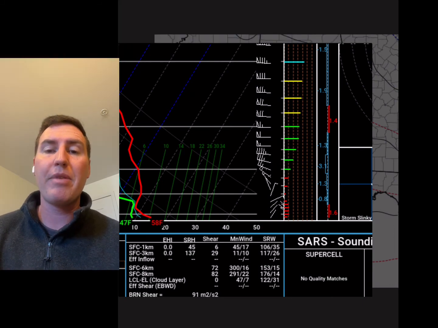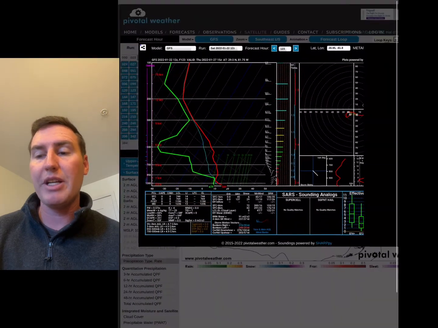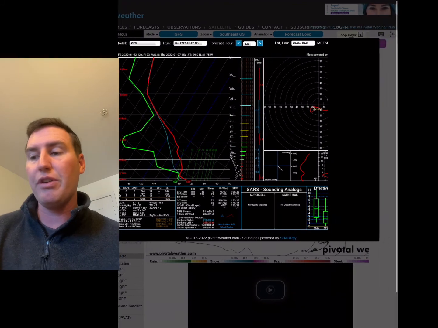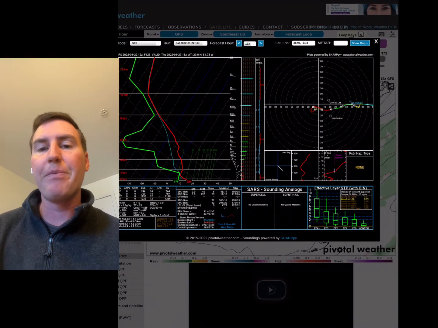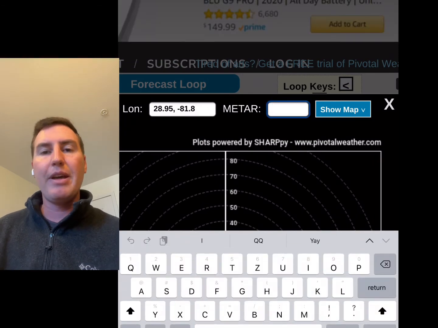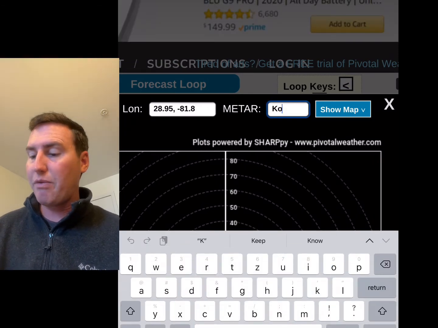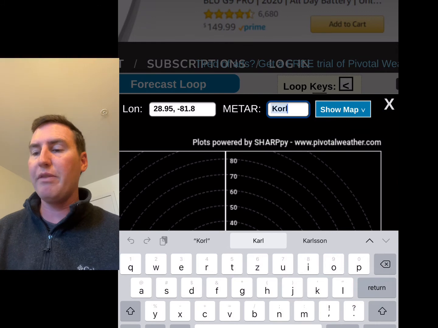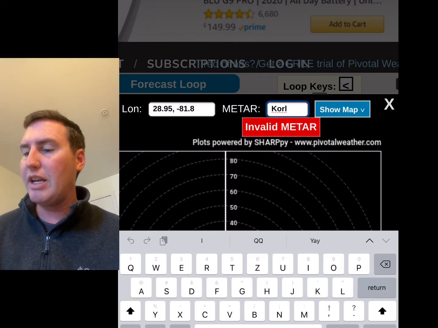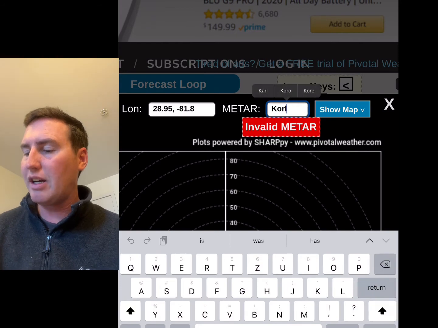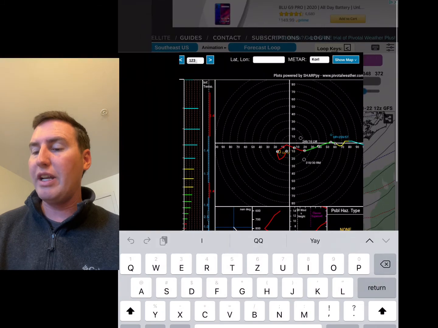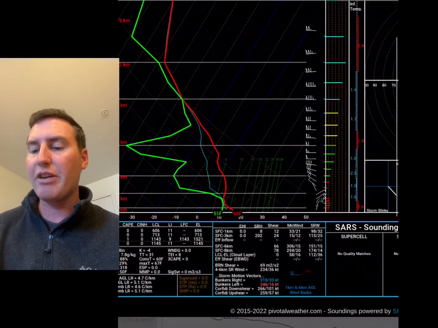And we can do the same thing. Again, we're in the GFS model, so we can do the same thing with the European model, and I'll just show you that very briefly. Now, before I go, if you see this METAR right here, we can type in a METAR. So let's just say if we were going to Orlando Executive, which is KORL, we can put that in there. We can hit enter, and it's not liking that. Okay, there it goes. So KORL, hit enter, and that's going to bring up the Skew T diagram for that